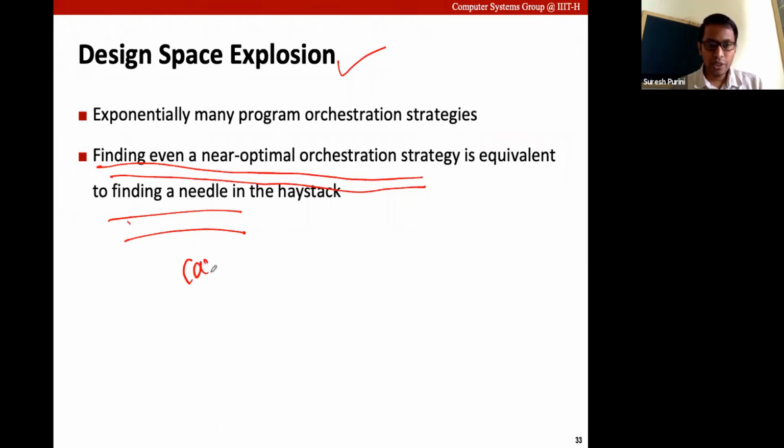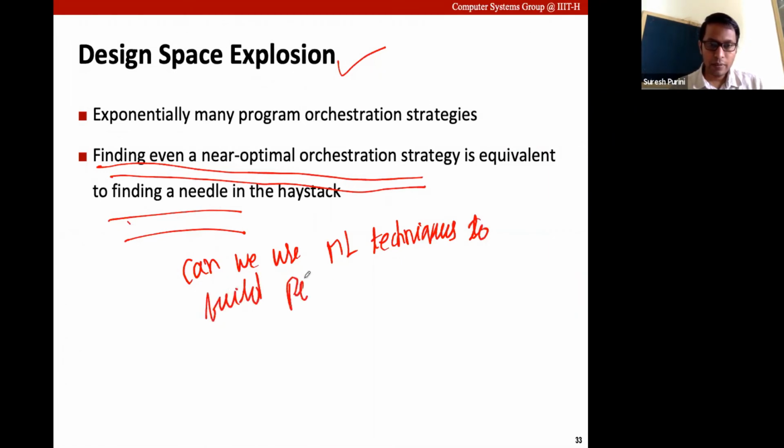The question here is, can we use machine learning techniques to build performance prediction models, and these performance prediction models can aid